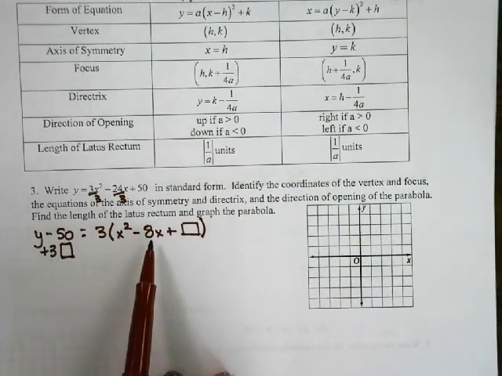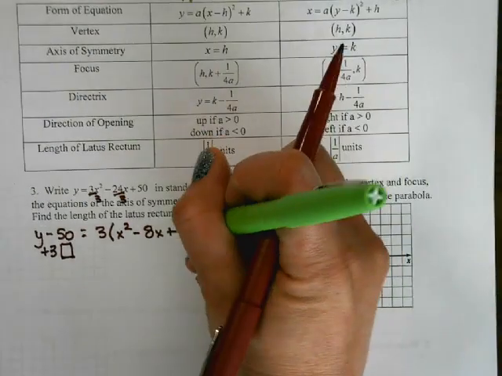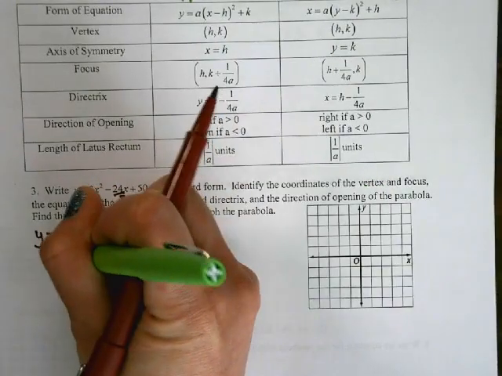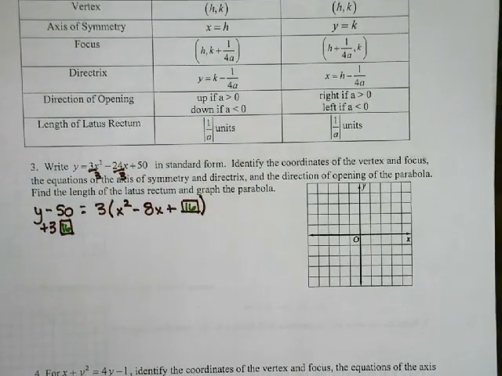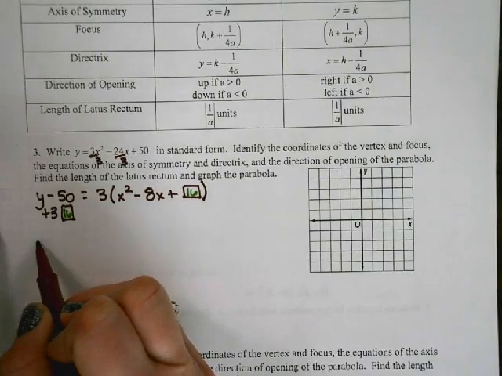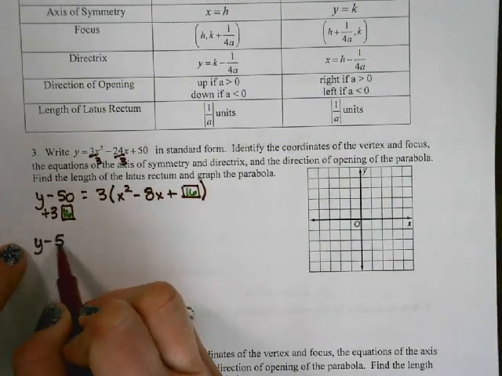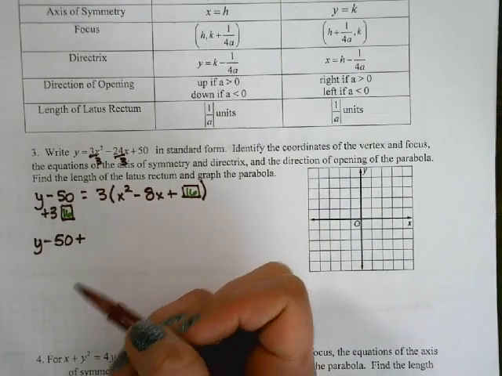Okay, so now I'm going to use 8 and fill in my box. 8 divided by 2, 3. Square it. So I'm going to put a 16 in my box. Okay, so on the left-hand side, I have y minus 50 plus 3 times 16, 48,